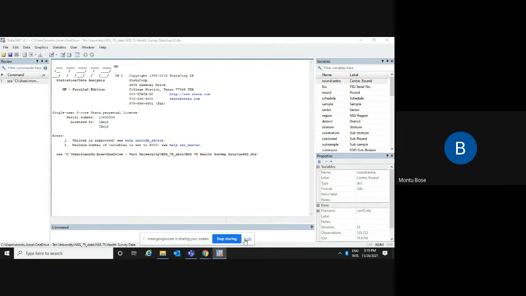Now, we have the individual level record and the ID is household ID, and we would like to use this individual level information.